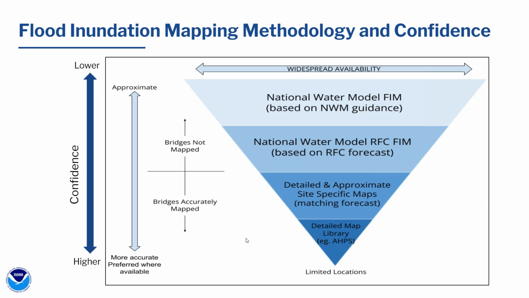They're just there as a tool in the toolbox. So think about it as the inverse pyramid. You want to make sure you've got widespread availability, but where you have a better map, that's the one you're going to use. And that might be the RFC FIM. But if you have a detailed AHAPS FIM, where you have that RFC FIM, that's the one you're going to